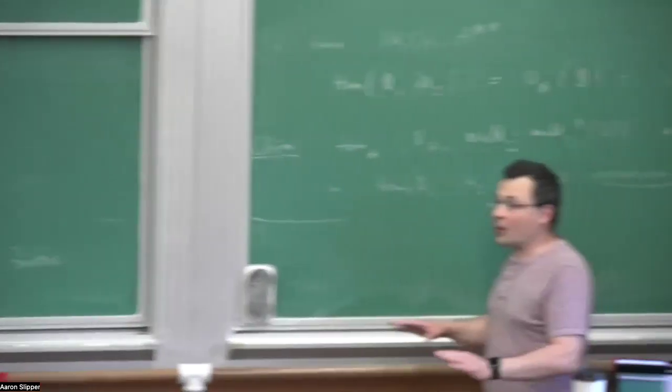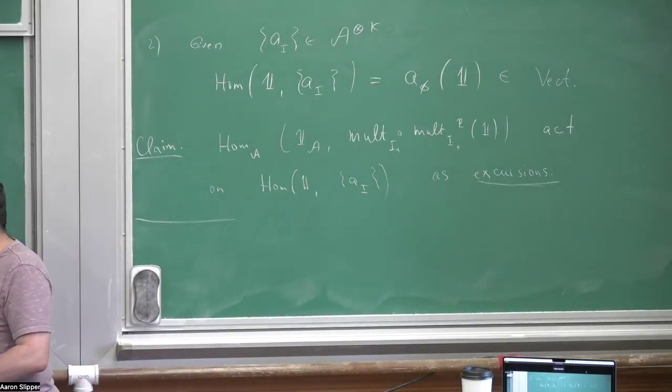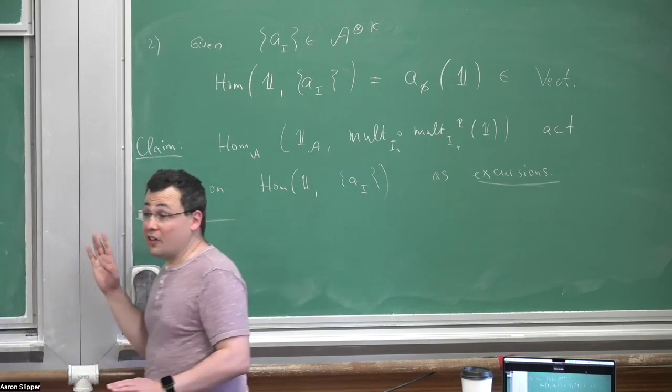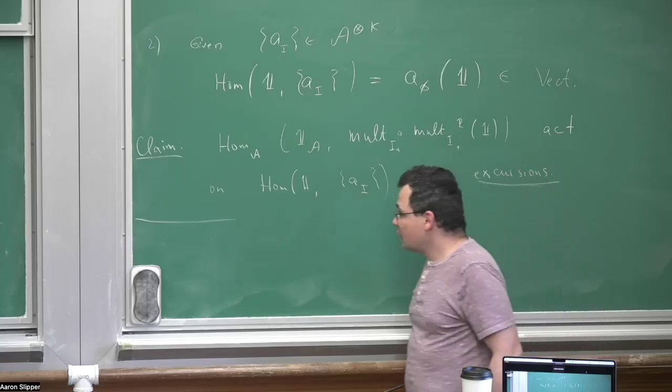There's a different perspective in the long paper where the twisted arrows come first in a different way, where they arise